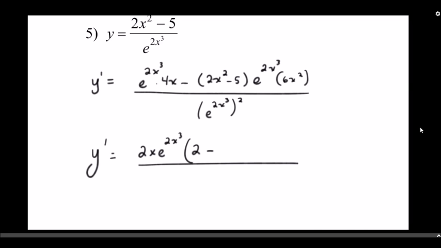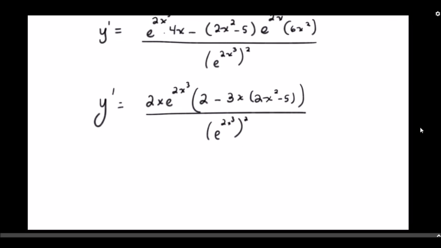And then it leaves an x here and a 3 there, so it's going to leave a 3x and then the 2x squared minus 5, all over e to the 2x cubed, squared. So if you distribute the 3x here,